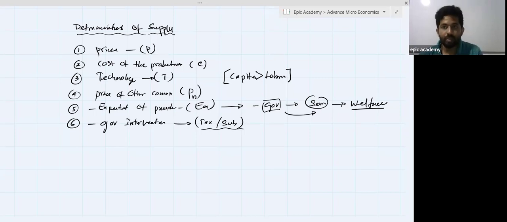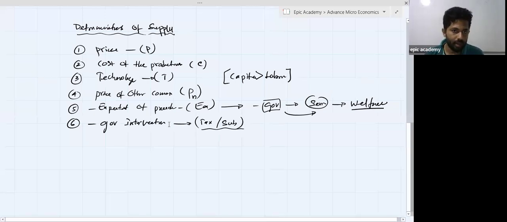Okay. Sometimes some production includes tax and subsidy. Sometimes some production includes only tax. Sometimes only subsidies. So it can change. Okay, right. And the next one, I mean the final one, it is other factors.